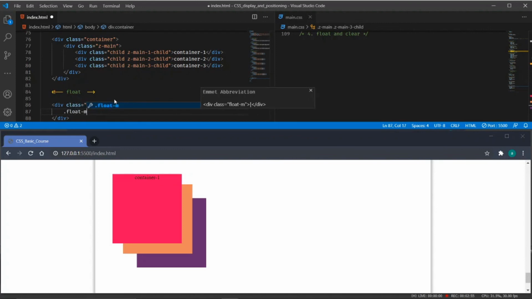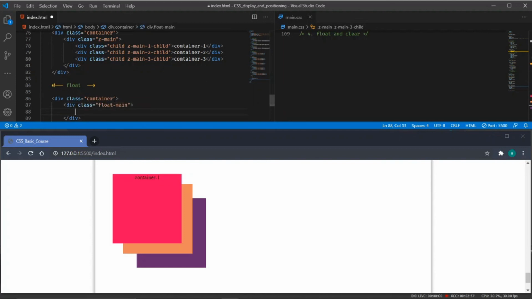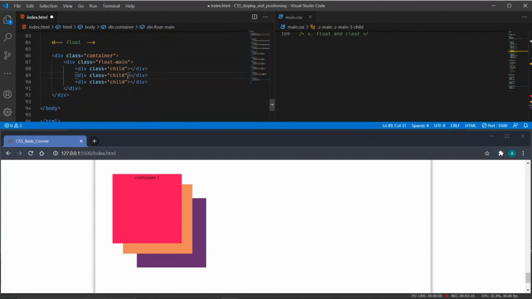I will use block level elements which will be stacked on a new line. I will add the child containers, stacking one above the other, and I will add child 1, child 2, child 3, child 1, child 2, and child 3.